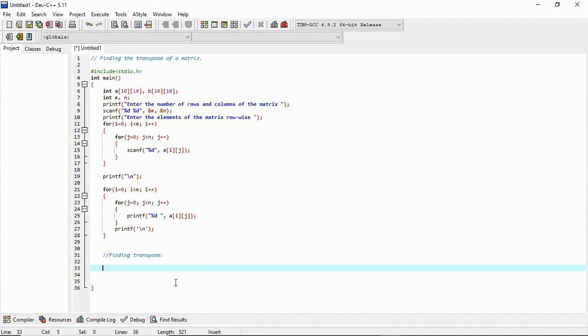In the same way, A20 will go to B02, A21 should go to B12, which clearly means that in a transpose the equation should be like this: Bij is equivalent to Aji, or in other words, Bji is equivalent to Aij.